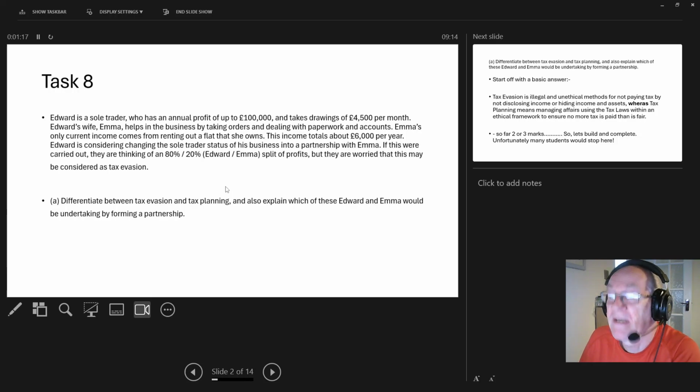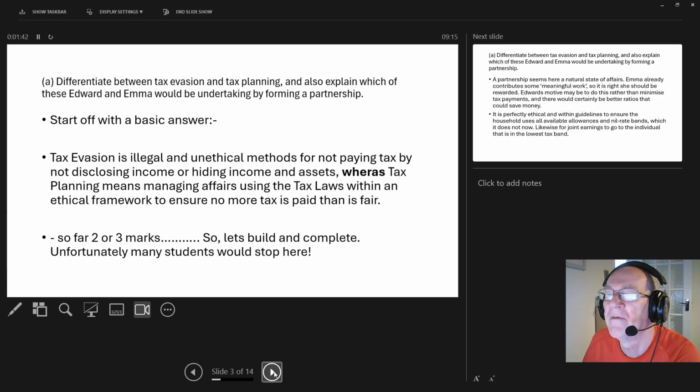So difference between tax evasion and tax planning. No mention of avoidance on this one. However, we could possibly use that in our answer. I have actually. And then we need to explain the third part sometimes. So sometimes the last bit of a question gets missed out. I'm assuming 6 marks for this. The AAT questions, and as per their practice papers, will give you the actual precise mark available for any task. So let's have a go.